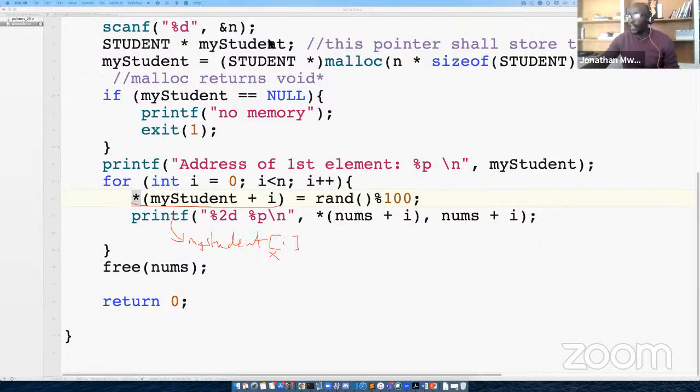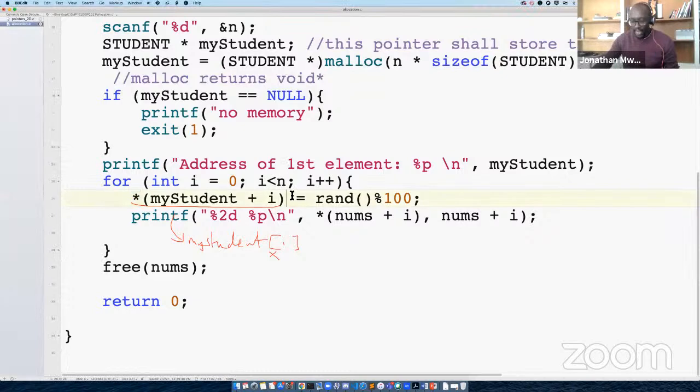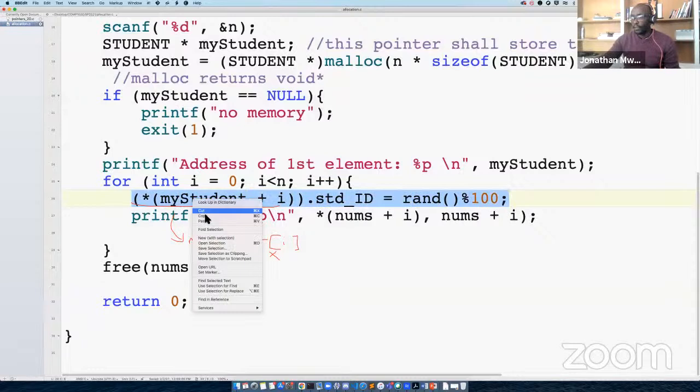If we take that as dereferencing the address, because we are dereferencing the address there, we can take the whole block to mean this is this. And then we can look for each member. So we can say dot studentID, and then we can get some value here. Then I can copy this.